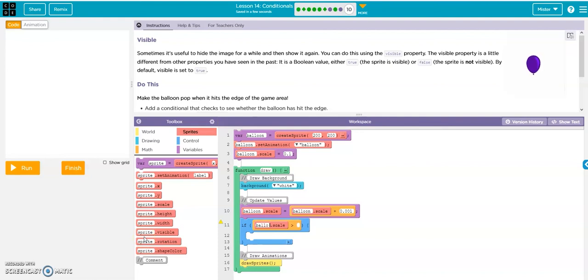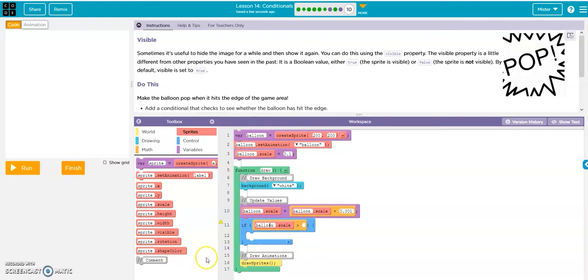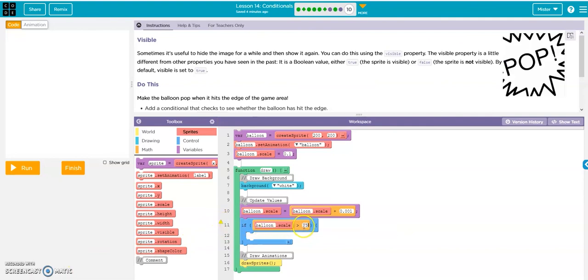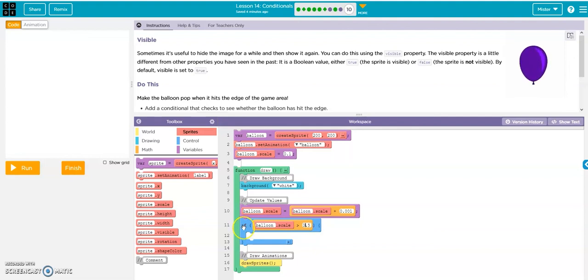And I have to spell balloon right, or it won't work. Still can't spell balloon right, that's pretty sad. Okay, if balloon scale is less than, I don't know, it doesn't really matter. Let's say 0.5. And it's giving me the naughty triangle because I didn't put a 0 before the 0.5. Okay, if the balloon scale is greater than 0.5,